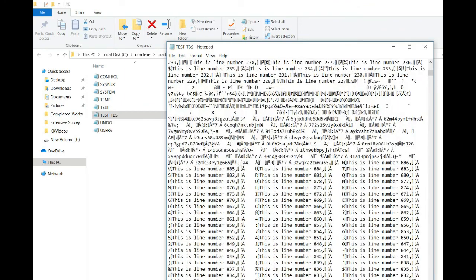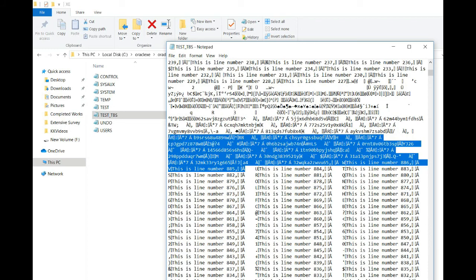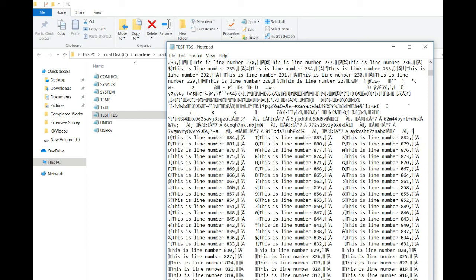You can see there is a lot of data here. This is in RMAN proprietary format. I'll just backspace this much data. Okay, you can see 885 is gone. Let's delete even this.